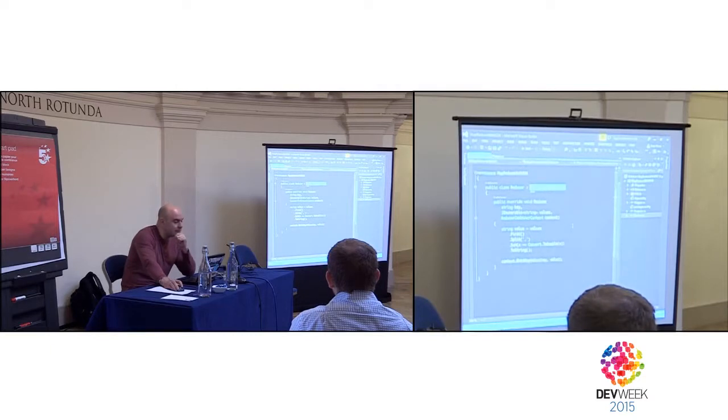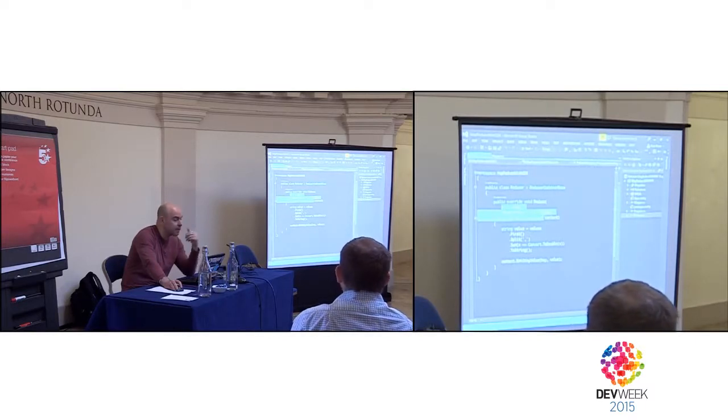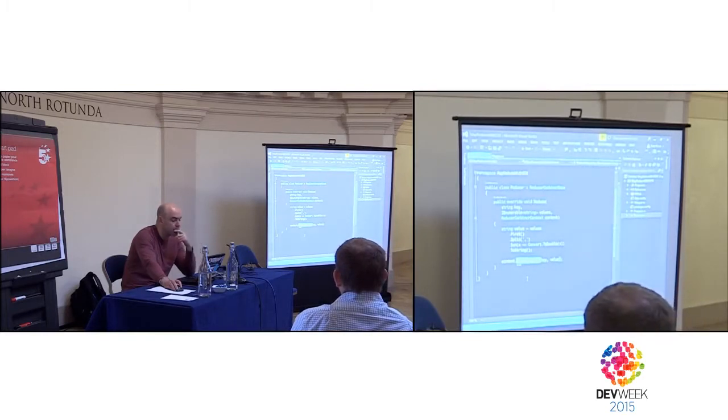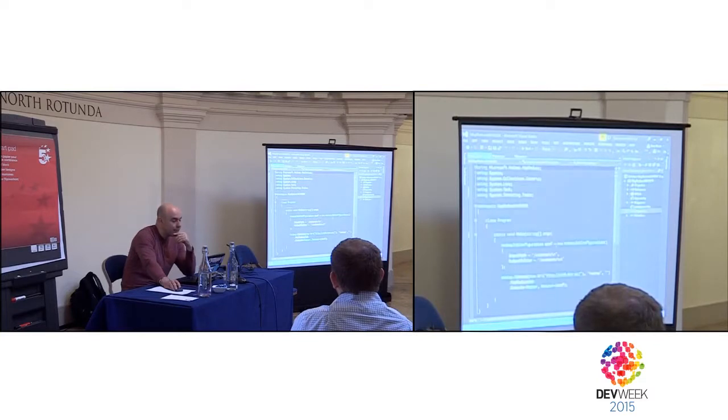Again, as you can see, the meat of our algorithm is exactly the same. The only thing that's changed is you're going to get an IEnumerable of key value pairs, instead of reading from the console line. And again, you're going to write out to a context instead of writing out to the console, but everything else remains the same. The third thing you have to do is you have to tell,